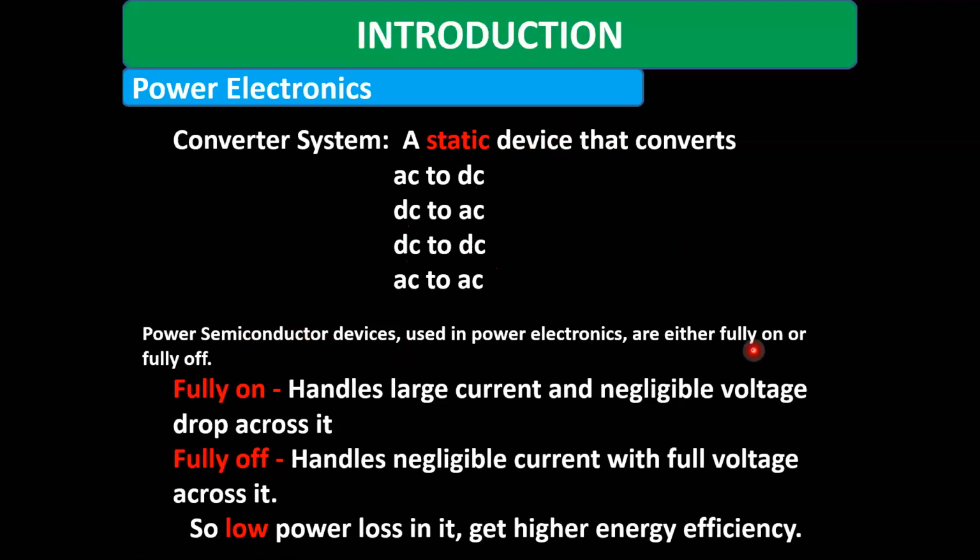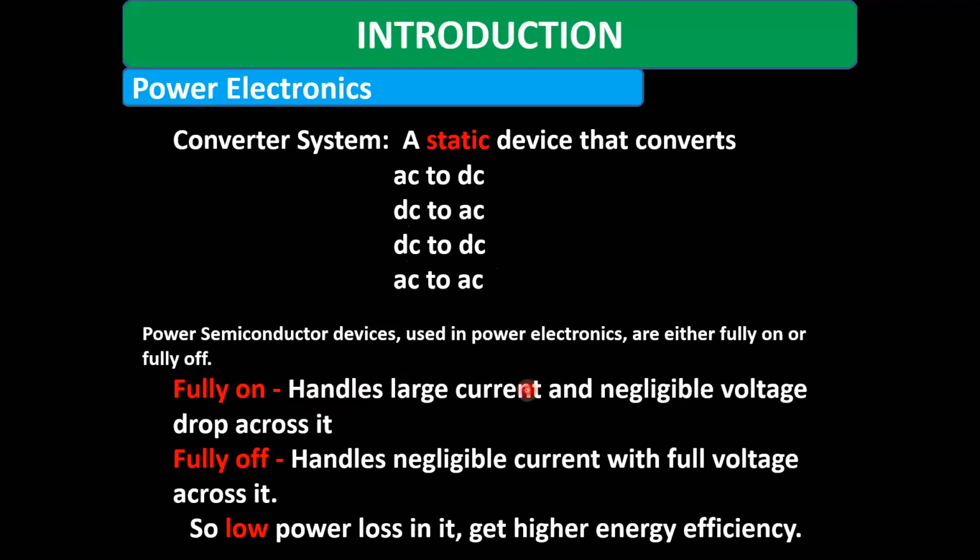when it is turned on, it is fully turned on, and if it is turned off, it should be fully turned off. What do you mean by fully on? Fully on means the total amount of current will flow in that switch when it is on, and then the potential across the terminals of the power electronic switch must be zero, with no voltage drop, which is what we generally expect. So fully on means it handles the large current.